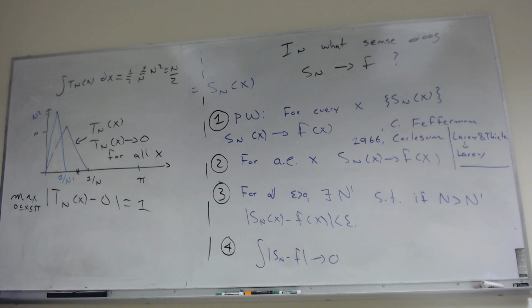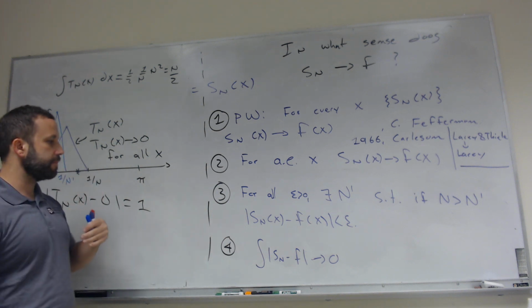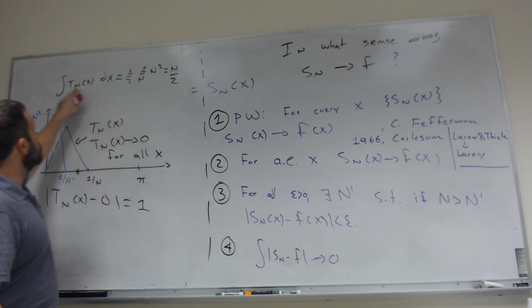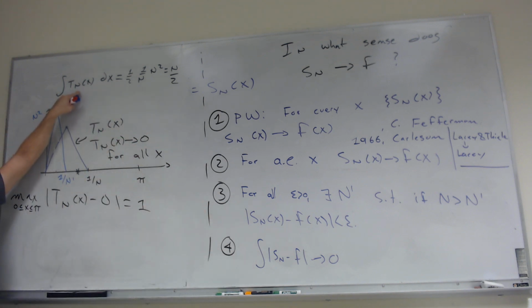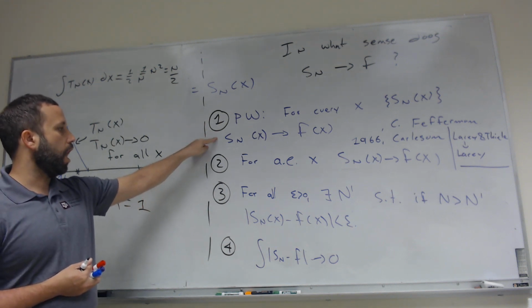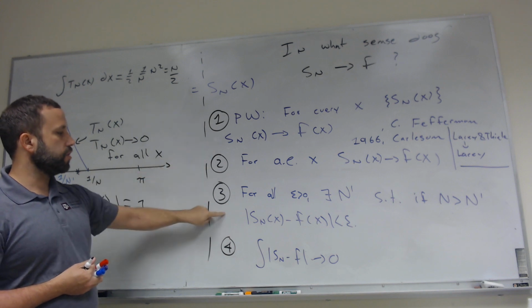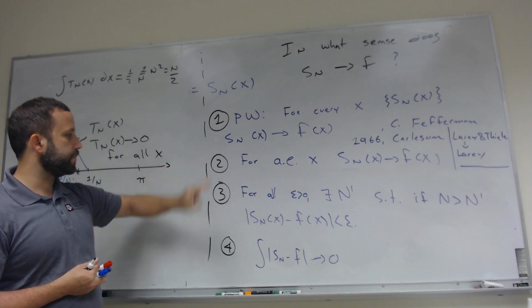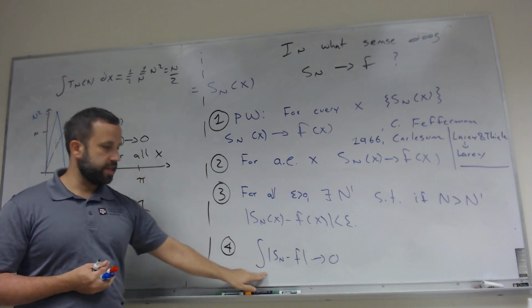Okay, so here's an example of kind of the exact opposite things happening. It does not converge in this sense at all, because the integral of f_n(x) minus 0 goes to infinity. It doesn't go to 0, it goes to infinity. Yet they converge pointwise to 0. Okay, so now what have we seen? We've seen an example of functions that converge pointwise, but not uniformly. We've seen an example of functions that converge pointwise, but neither uniformly nor in this sense right here.